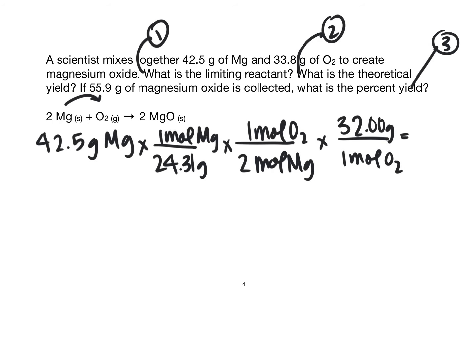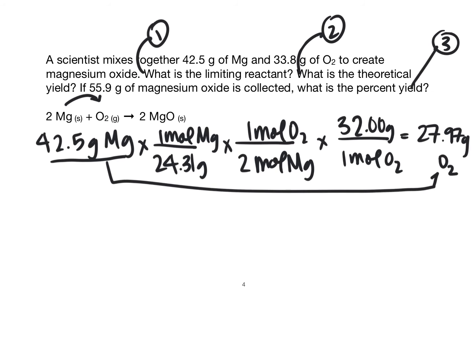And so we need 27.97 grams of O2. So this says, in order for all of this magnesium to be used, we have to have this much O2. That makes it a perfect relationship. So we know that we have more oxygen than required. So we could have also started with O2. So I will show you that calculation of